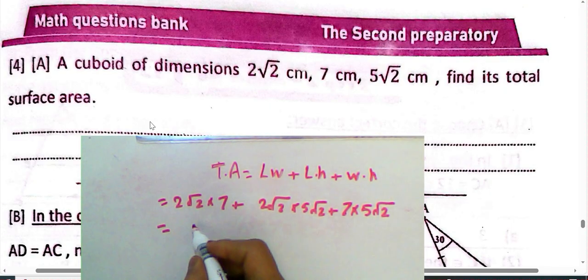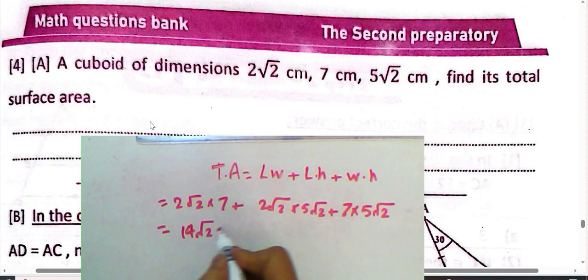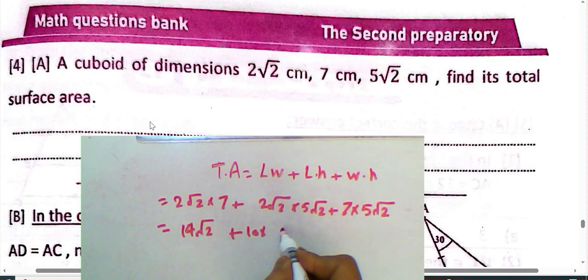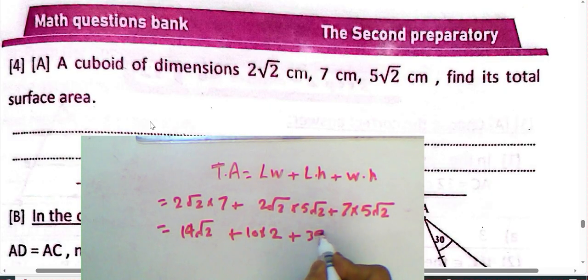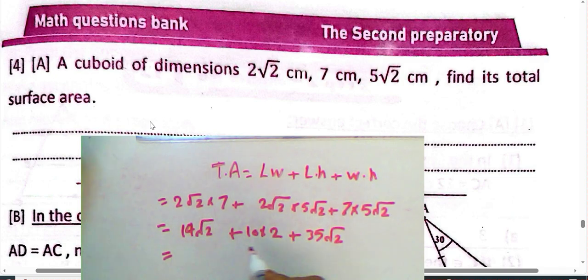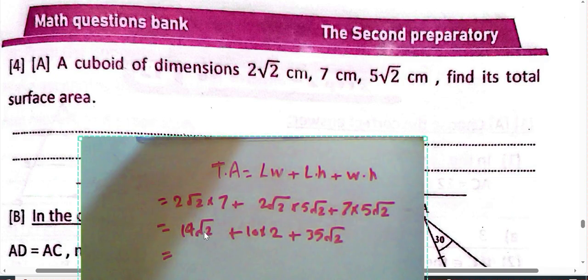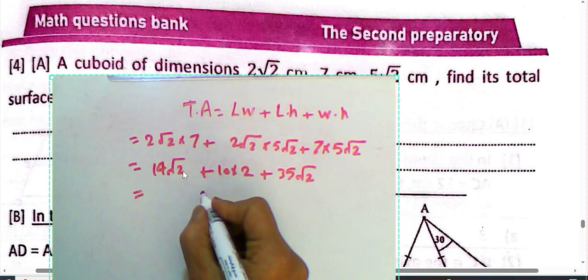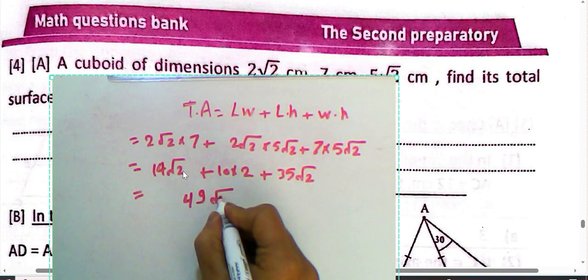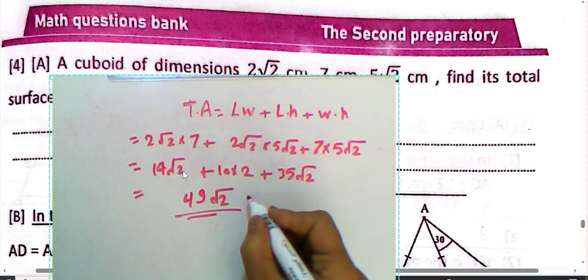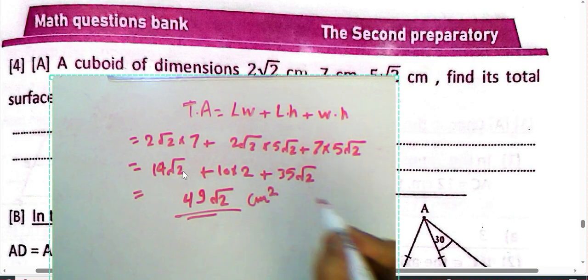Then 2 times 7 is 14 root 2. 2 times 5 is 10. Root 2 times root 2 equals 2. 7 times 5 is 35 root 2. You can add 14 plus 35. 4 plus 5 is 9. 3 plus 1 is 4. The result will be 49 root 2 centimeters. It's the total area, square. Okay,